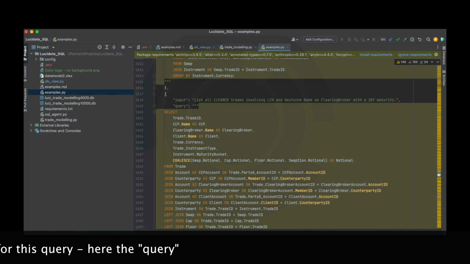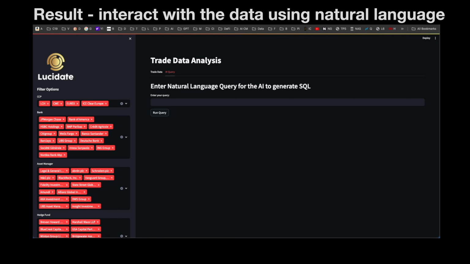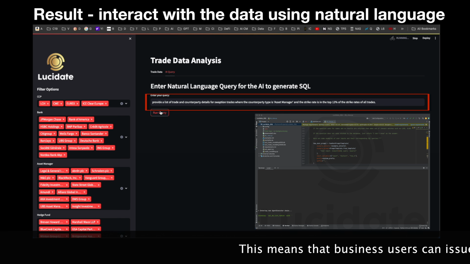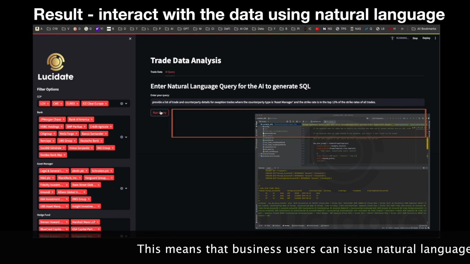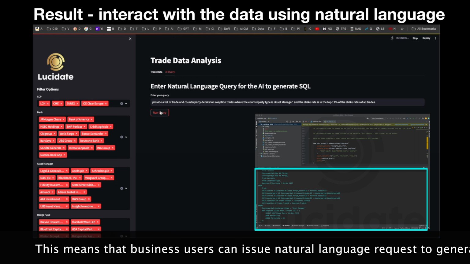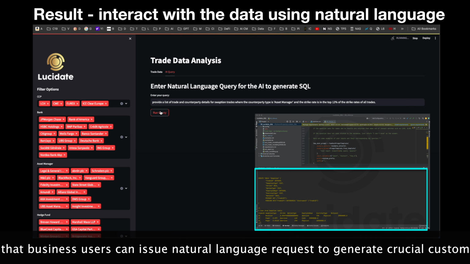Our app empowers business users to generate custom reports with natural language queries. For example, consider the query: provide a list of trade and counterparty details for swaption trades where the counterparty type is asset manager and the strike rate is in the top 12% of the strike rates of all trades. The application processes this request and generates precise SQL to retrieve the data, making complex financial data analysis accessible to